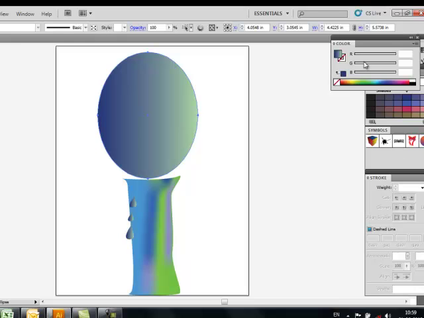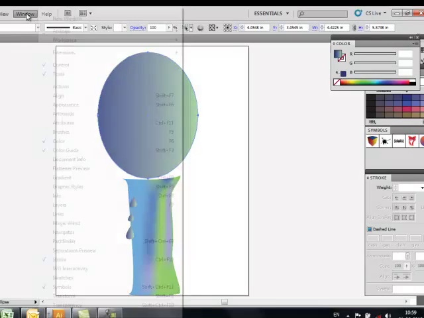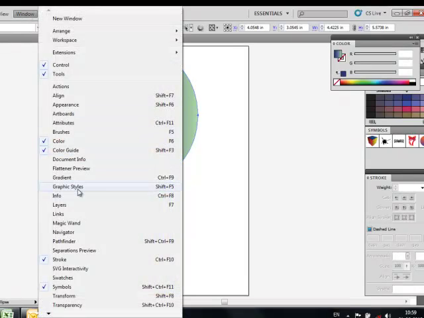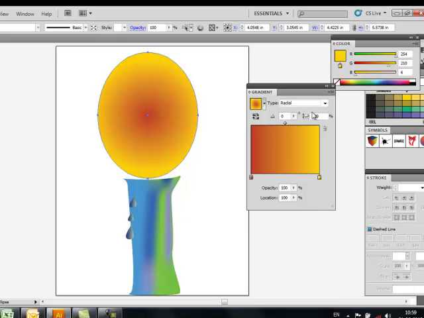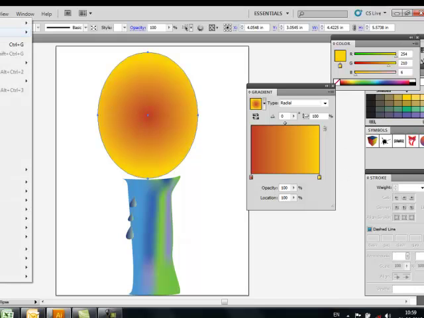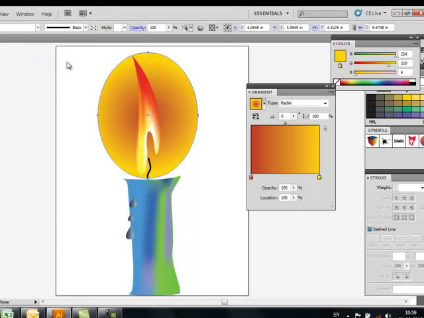And this one I will just go to my gradient window, and I'll take the gradient tool, and this one I'll take as red, and this one I'll take as yellow, and I'll keep it as radial, so that it's more from the center over here at this place. And I'll move this object behind the flames like this,